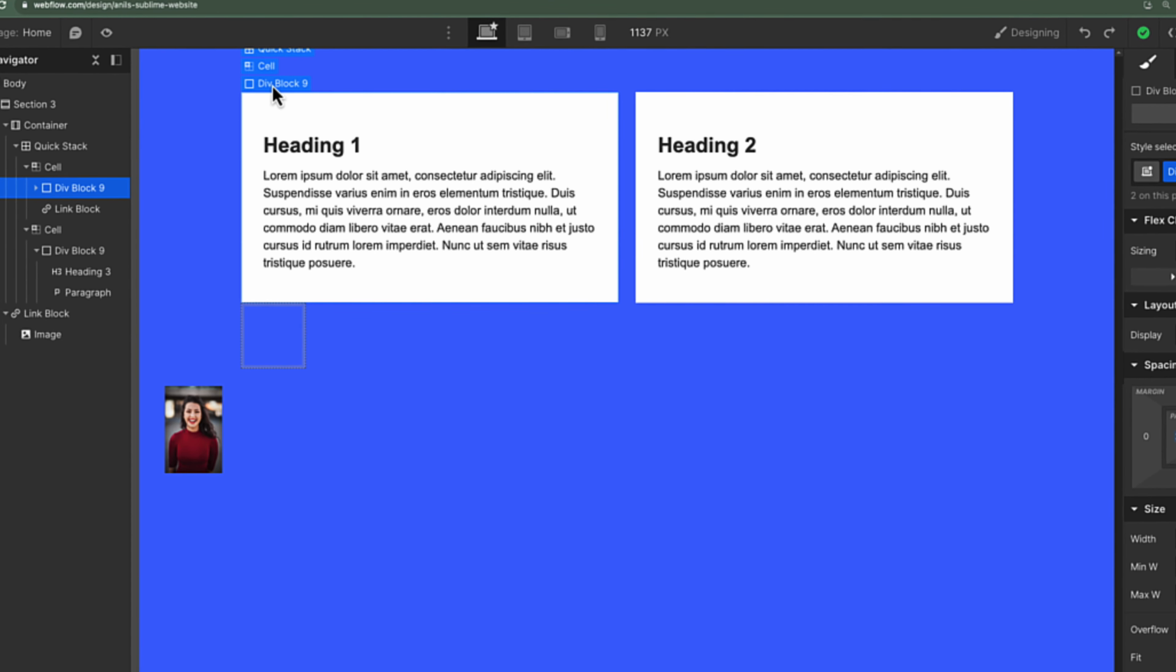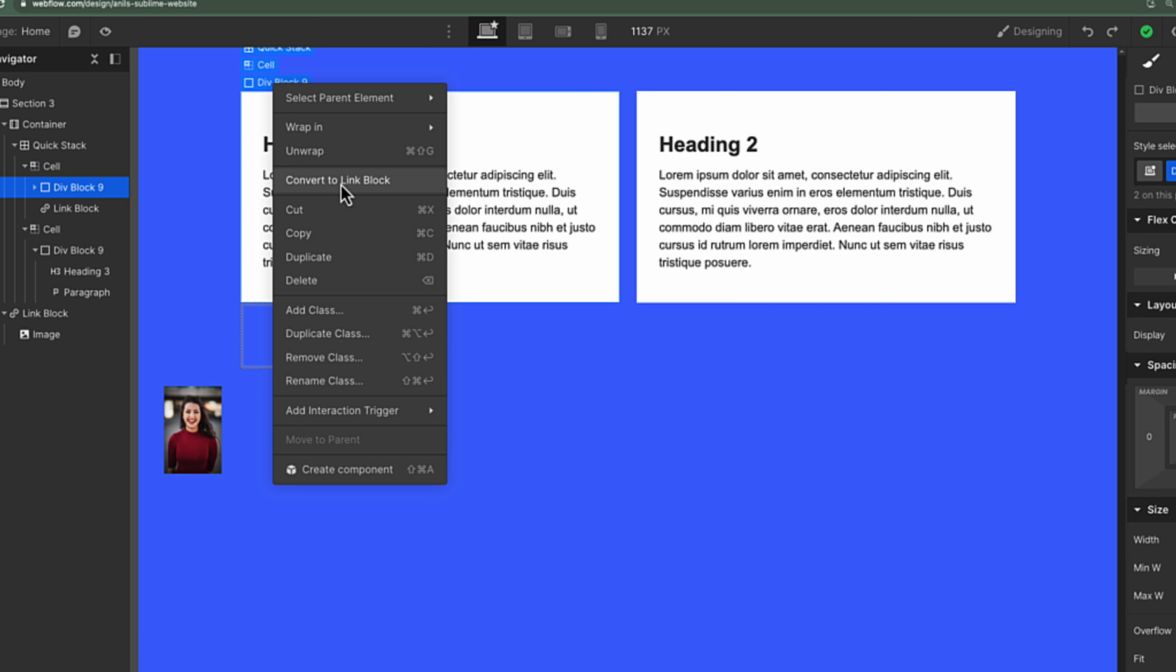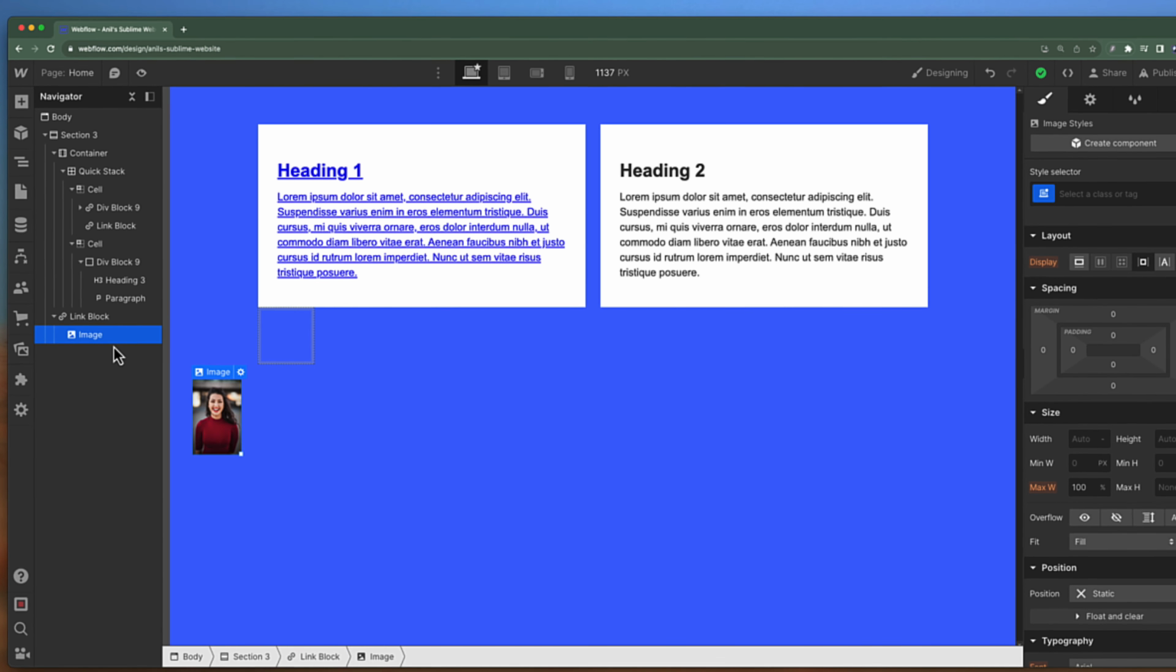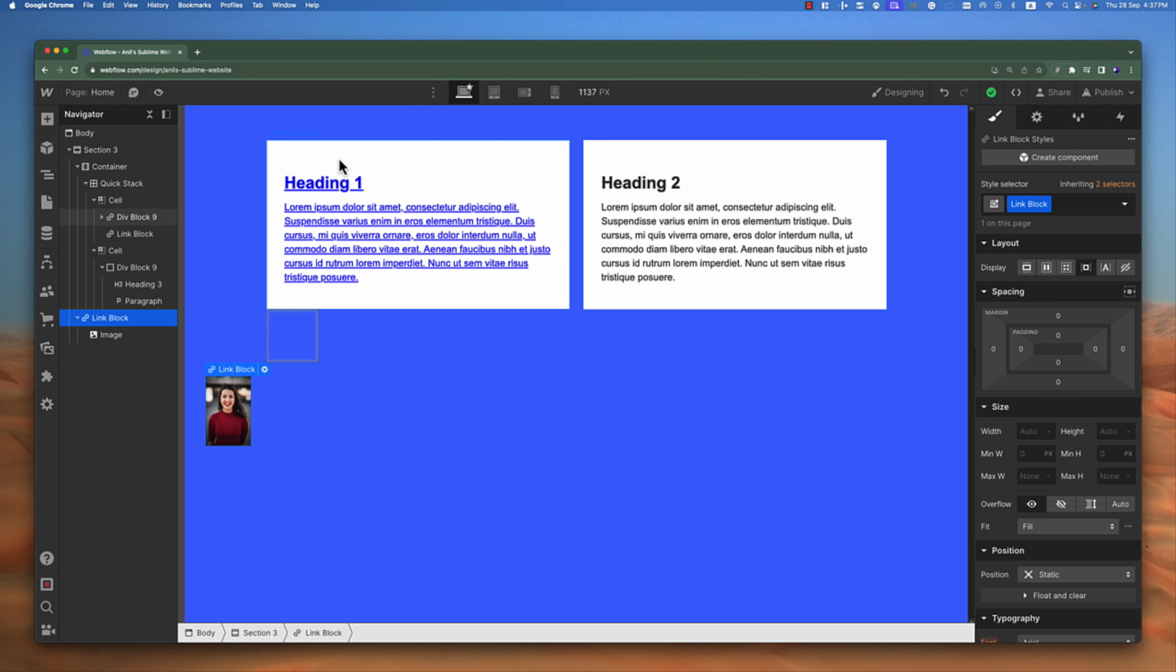For example, when we right click on this element, it's going to give us a lot of options, and one of those options is to convert to link block. If I click on this, it's going to convert this div block to a link block. We can also change the design of this link block as we have done with this image when it was a text. But we are not going to do that now because this is just to make you familiar with link blocks, and we are going to use these link blocks in many different ways